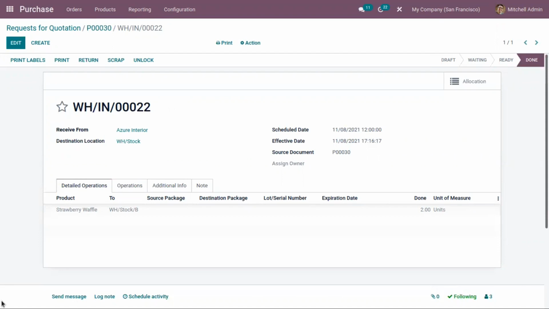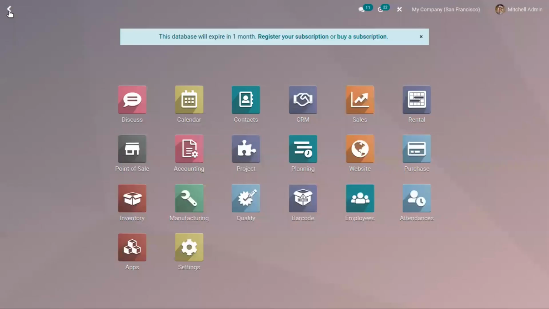That is, we have multiple storage locations as potential storage locations. So the system has to decide the most suitable location for received products. In these cases, put away rules become more complex, and we need to make put away rules smarter and flexible. That can be done by using storage categories.